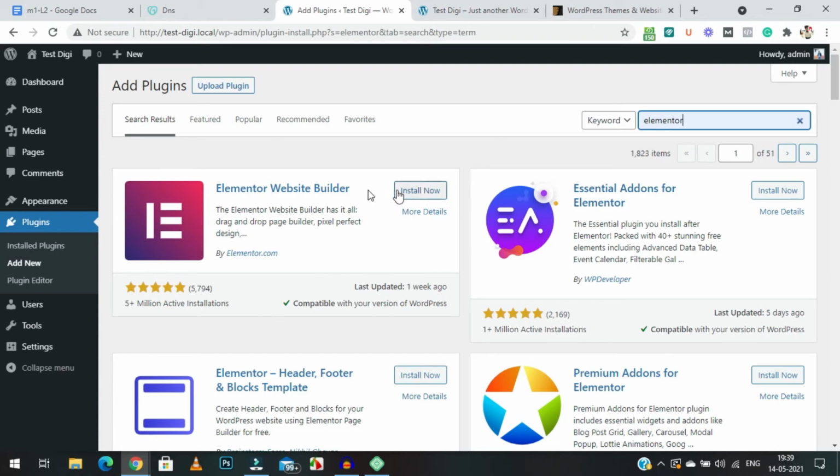So these are some plugins you need at the very start. We'll be installing more and more plugins as we move forward, but for the time being you just need these 2 or 3 plugins, because these are important and necessary for you, right? So don't forget to install these plugins.